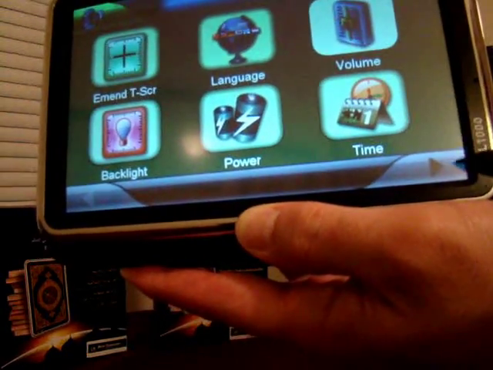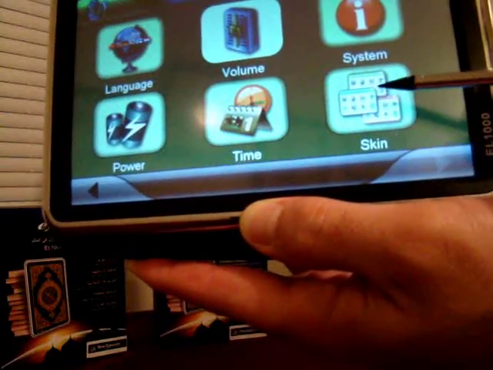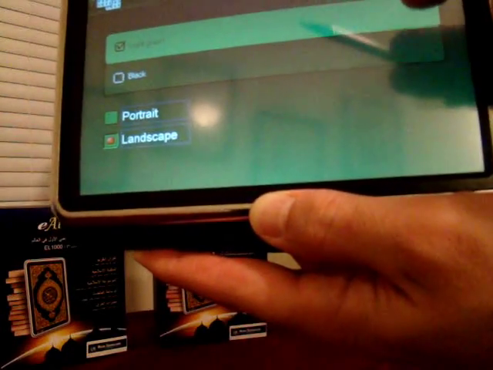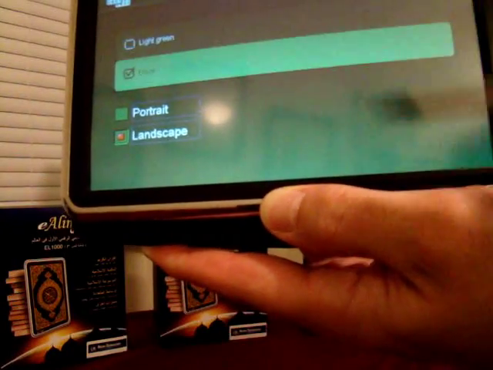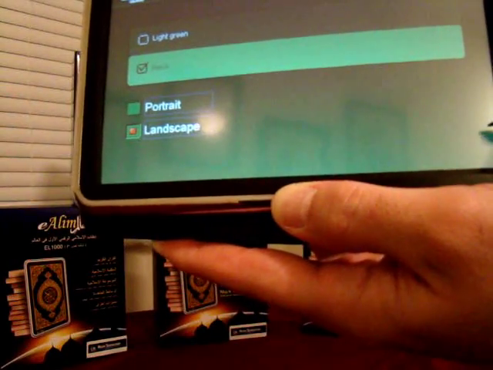You could also set the time. And then you can also play with the skin. So instead of the light green, the one that you see now, you can go with black. You can also change the mode from a portrait